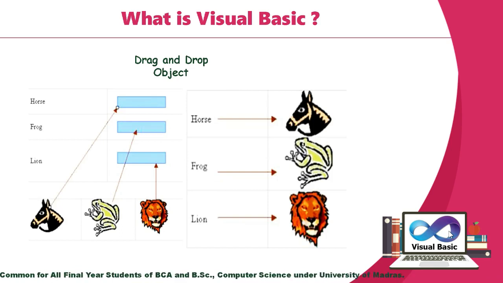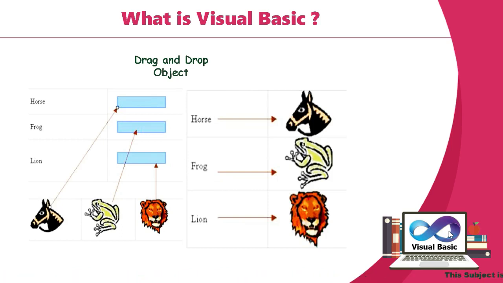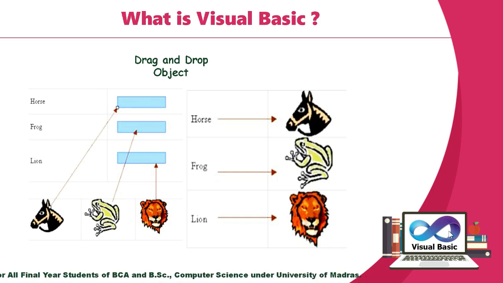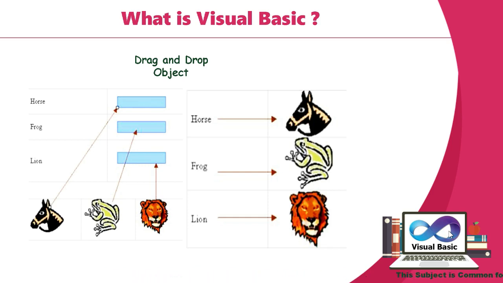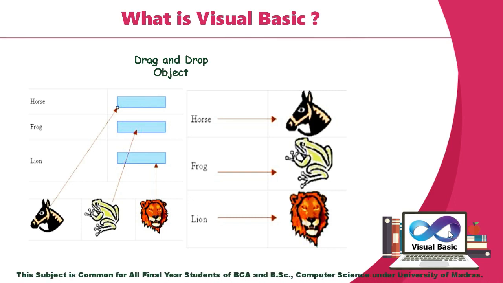Drag and drop objects. The drag and drop is the action of clicking on an object and dragging it to a different location as required. An example of a simple drag and drop sequence is given here. This figure contains two columns. The first column contains animal names and the second column contains small boxes where the user needs to drop the relevant images. Figure 2 shows the images after being dragged and dropped to the correct places.